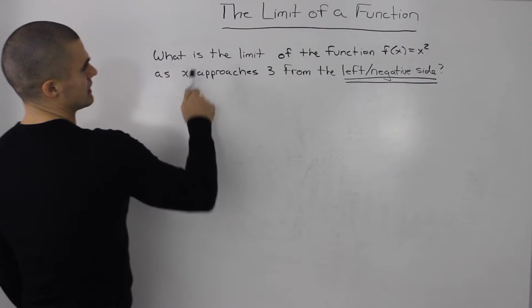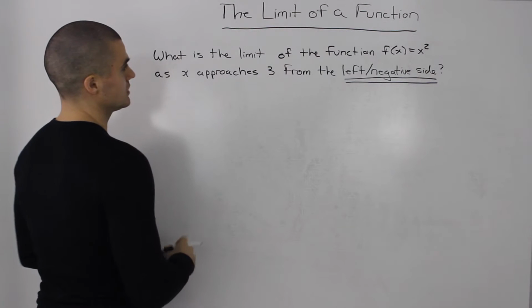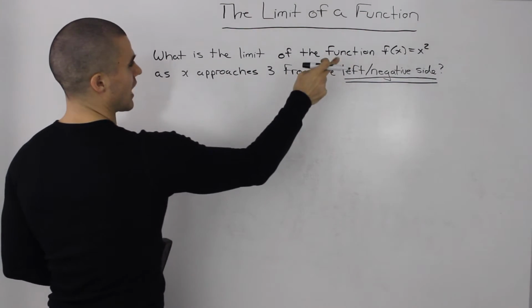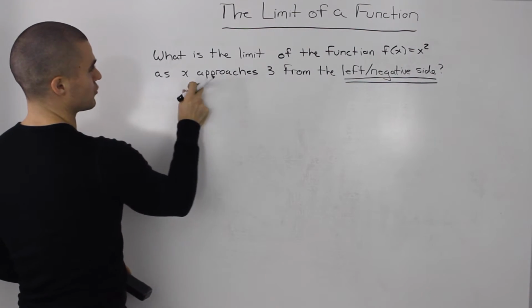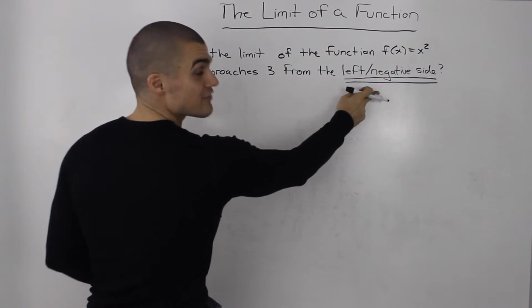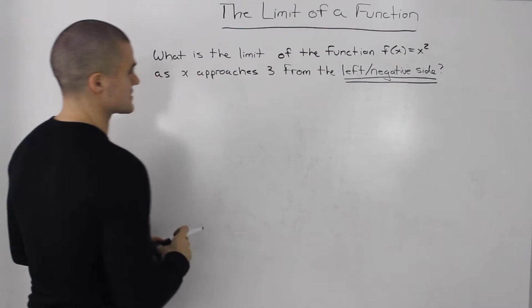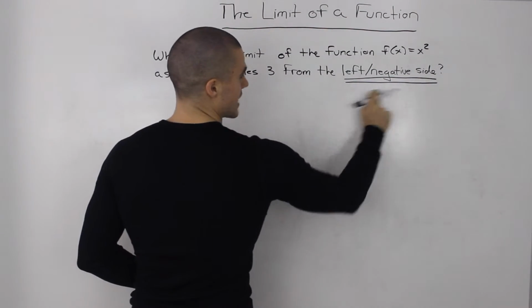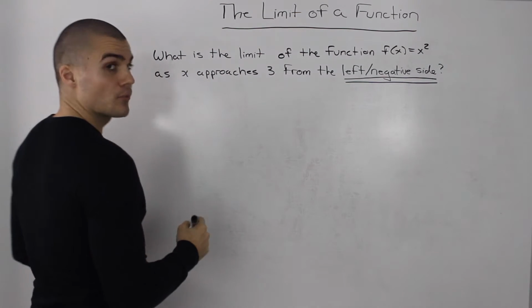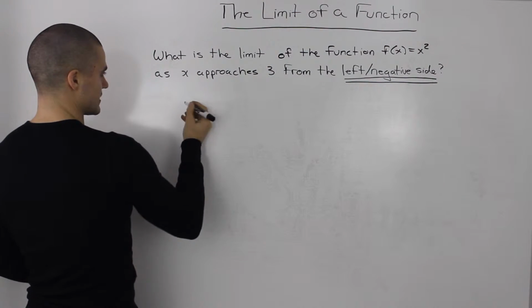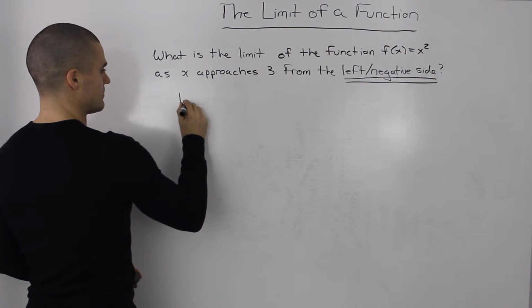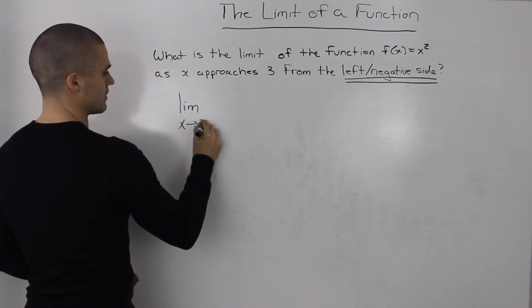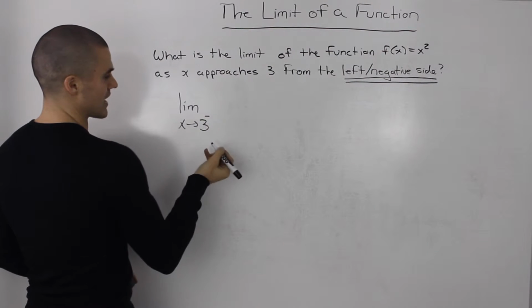Okay, let's ask a very similar question. What is the limit of the function f of x equals x squared as x approaches 3 from the left or from the negative side? Okay, so we added this left negative side here. So the way that you would write this notation is the limit as x goes to 3 from the negative side